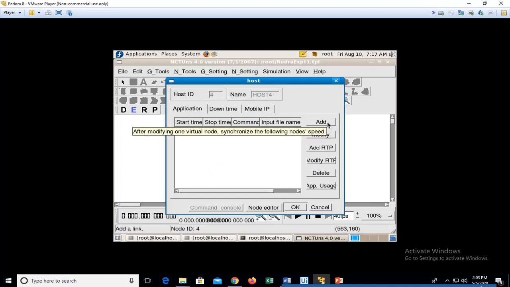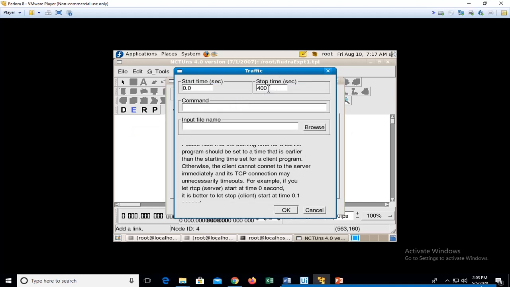If it is not acting as a receiver, then it will be dropping all the packets which are delivered to it. So add, then again I'll be running it for around 30 seconds. Since it is a receiver and makes use of transmission control protocol, rtcp hyphen p port number 2000 hyphen l 1024. Since it is a receiver, there is no need to specify any IP address, since it is ready to accept all the packets which are being sent by the other nodes present on the network.